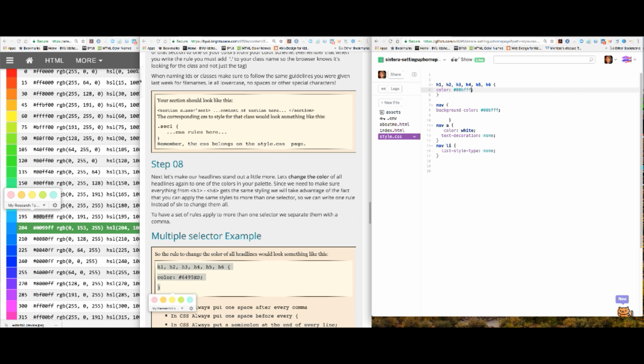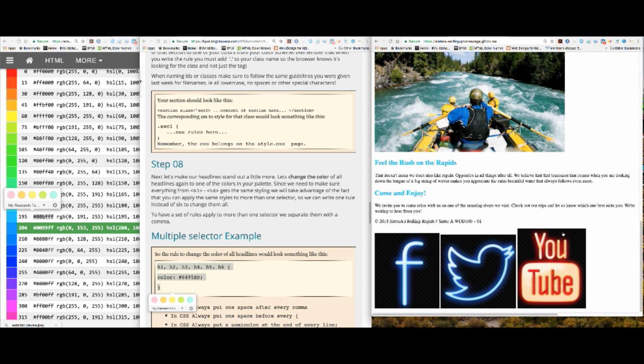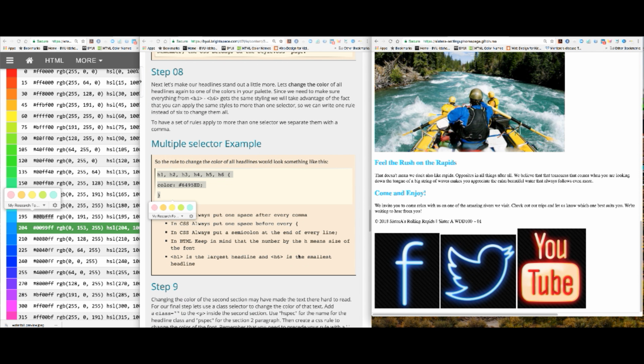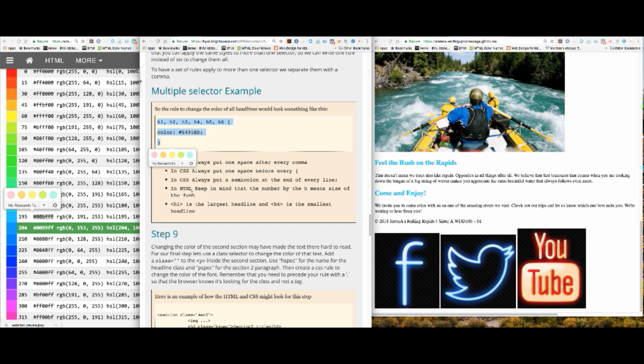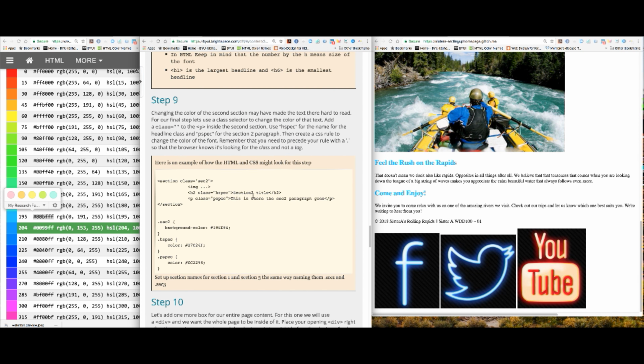Right? And so now they're the way that I want them for mine. And it's got a few FYI facts about putting a space after a comma, those things that I was just talking about. And next, we're going to take and